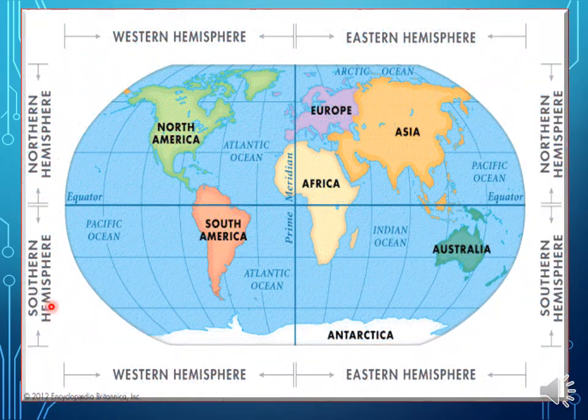In this picture also, we will see the hemispheres. We can see this is the middlemost longitude, that is the prime meridian. On the base of that, it is divided into western hemisphere and eastern hemisphere. India is in the eastern hemisphere. If you take the middlemost latitude, that is the equator, on the base of that, the upper portion is known as the northern hemisphere and the downside portion is the southern hemisphere. So if we look like that, India is in the northern hemisphere.